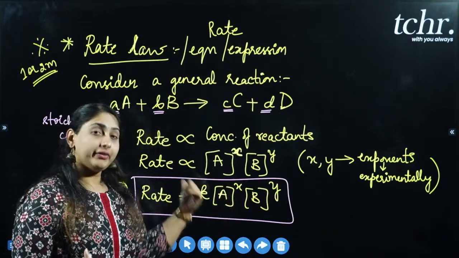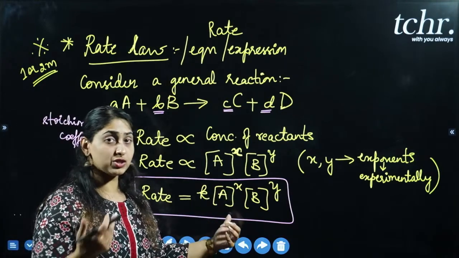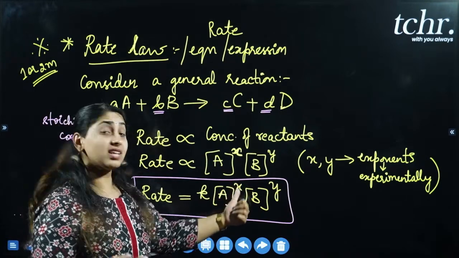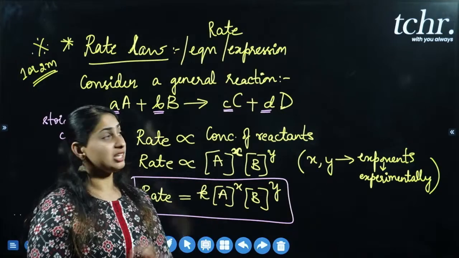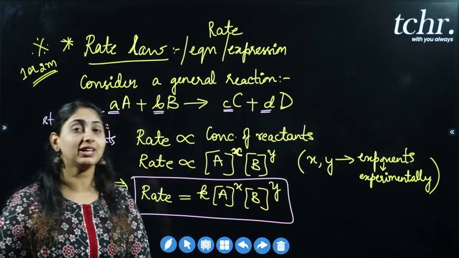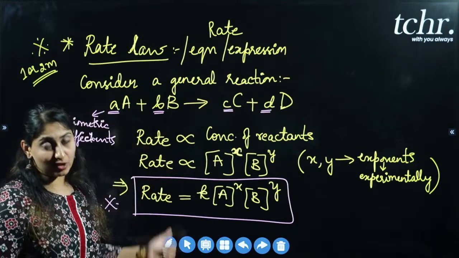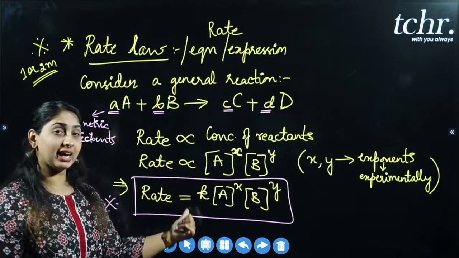So rate law is defined as, okay, it is the expression which is equal to the concentration of reactants which is raised to some power, and these powers may or may not be equal to the stoichiometric coefficients of the reaction. I repeat, rate law is defined as, or rate law or rate of the reaction is defined as it is equivalent to the